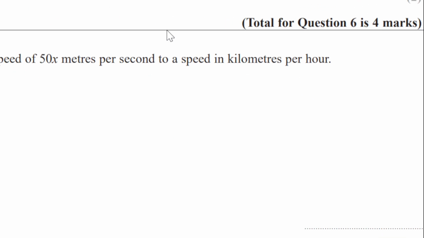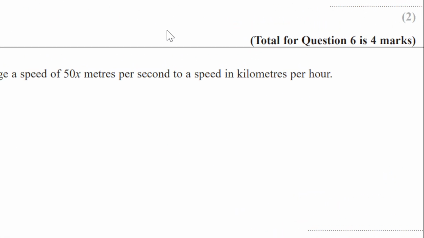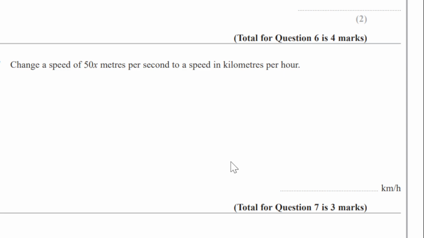How was it? Was it easy? Now question 7. Everyone loses these marks. Change a speed of 50 x meters per